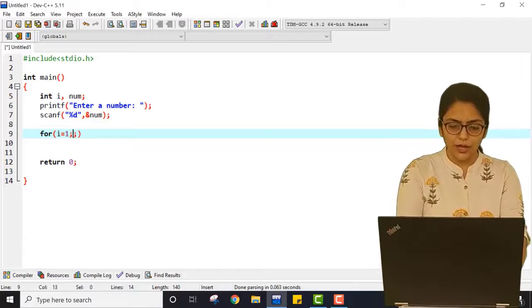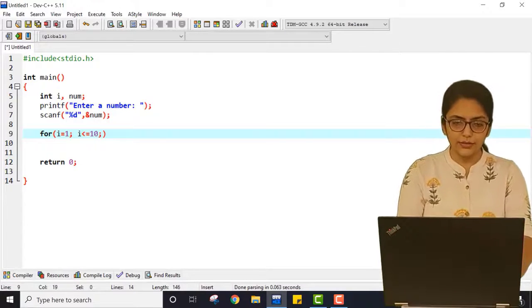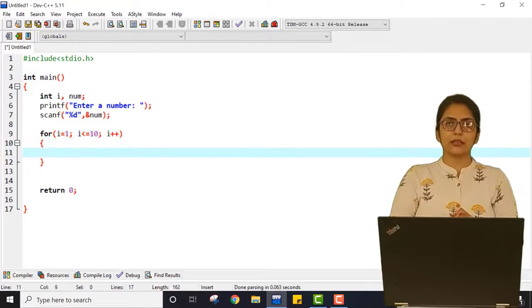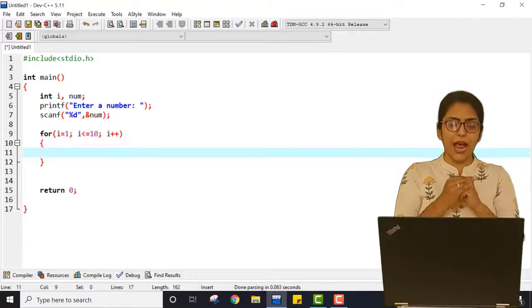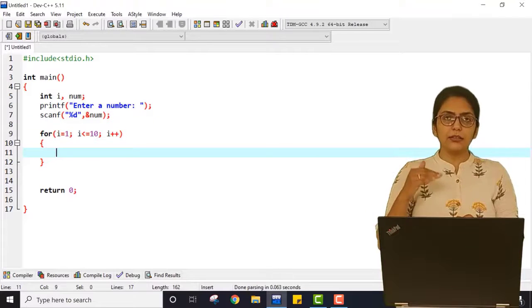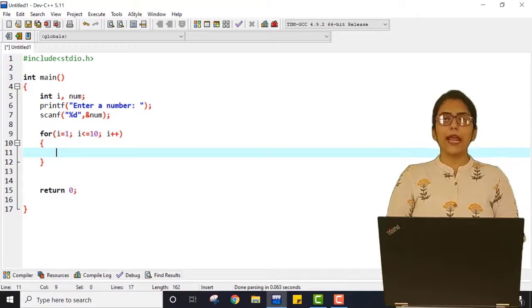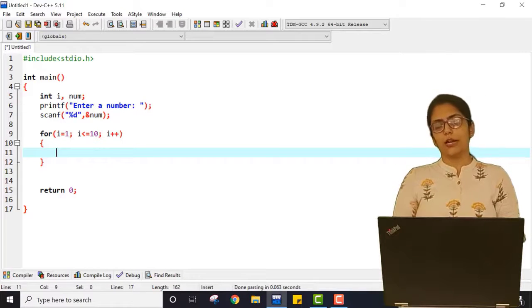Then i is less than or equal to 10 and i plus plus. See, here how many times will the loop be executed? If I am not changing the value of i inside the loop statements, then the loop will be executed exactly 10 times, for i equal to 1 to 10.